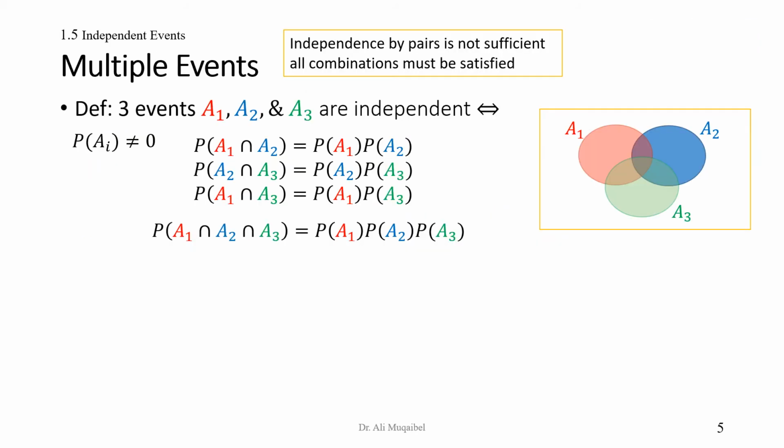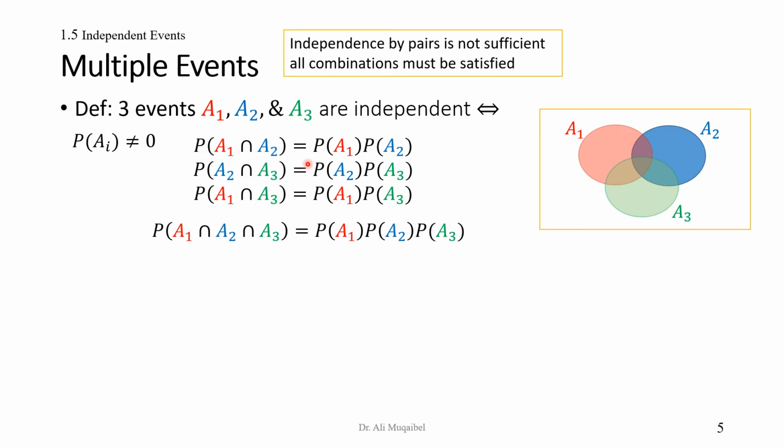Alright, now multiple events. Now we look at the case of independence of multiple events. I'm trying to illustrate this in the diagram here. So we have sets A1, A2, and A3. They could be A4 and so on, but 3 is just to show the idea. Now it says here 3 events A1, A2, and A3 are independent. Then how do we prove this? If this is the case, assuming of course the individual probabilities are not equal to 0,